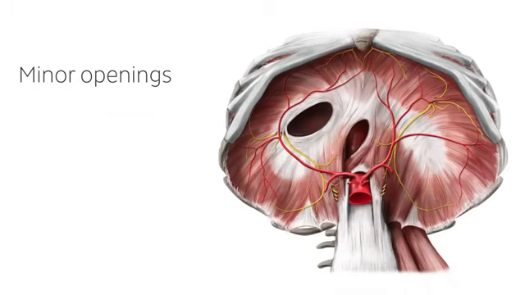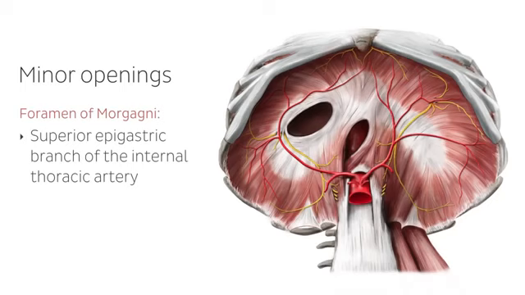The foramen of Morgagni, which is found in the areolar tissue between the sternal and costal parts of the diaphragm, contains the superior epigastric branch of the internal thoracic artery and the lymphatics of the abdominal wall that sit on the convex surface of the liver, and the medial and lateral lumbocostal arches contain areolar tissue that, when present,